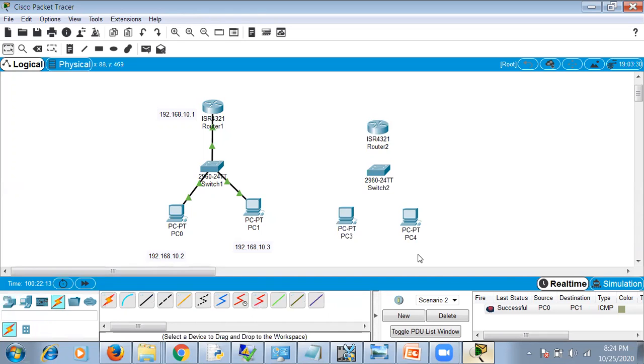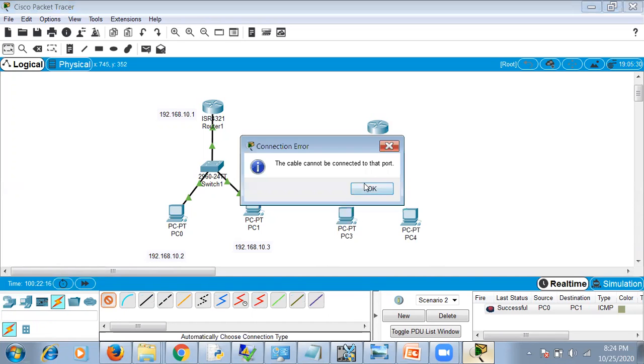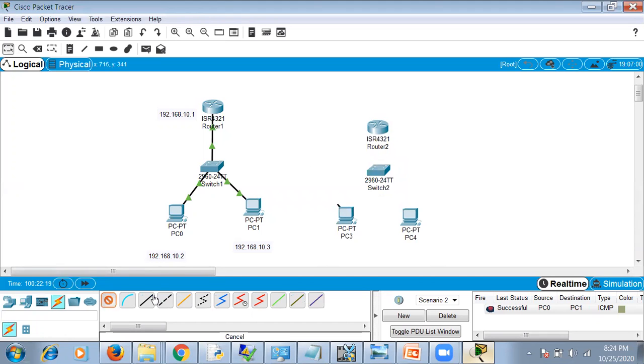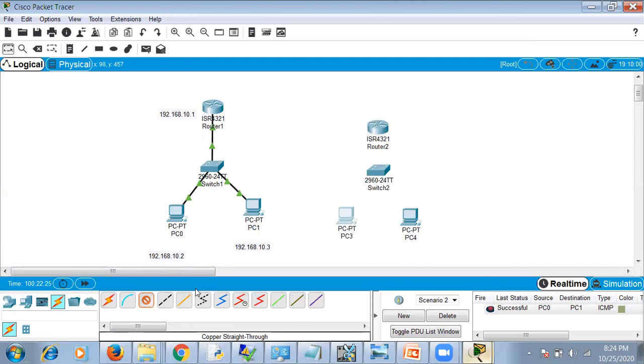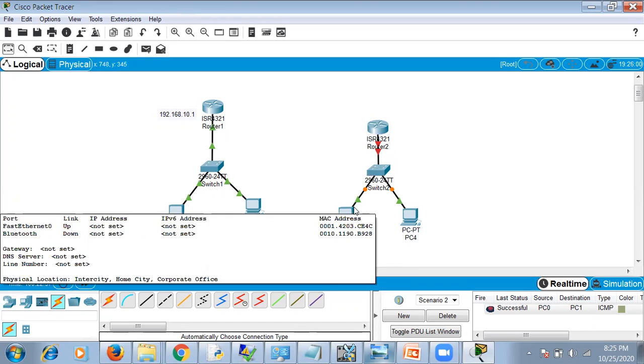Now we'll create all the links now. You have to click and drag and click for making the connections. Now it's all red color, so that means IP address has not been set properly.